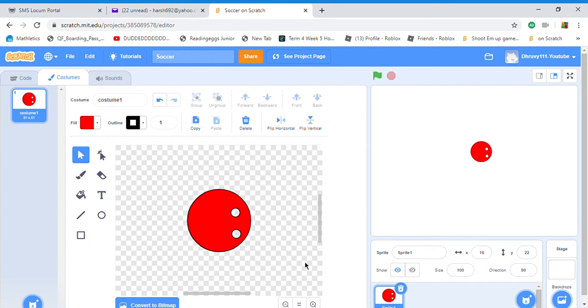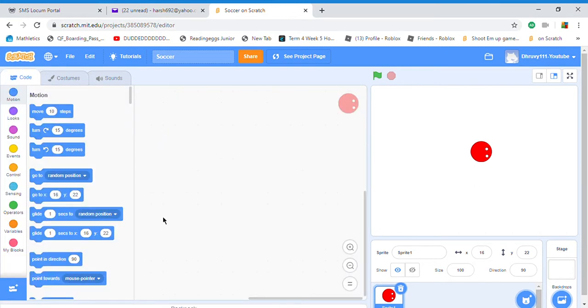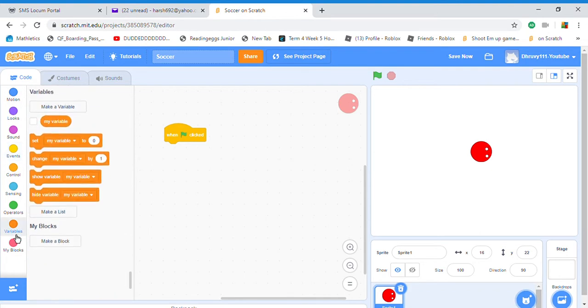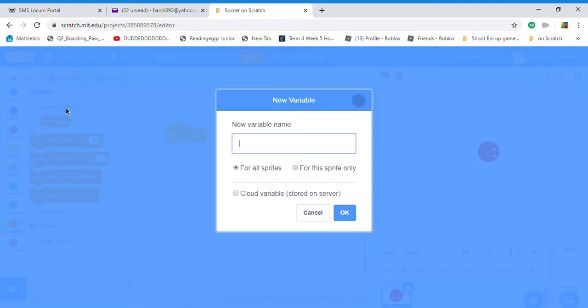Now we are going to go into the script. So let's go back to the code area. We've made the player, and now we need to code the player. Obviously you want to go to events, do when flag clicked, and then go to variables. You want to click make a variable, and we should have